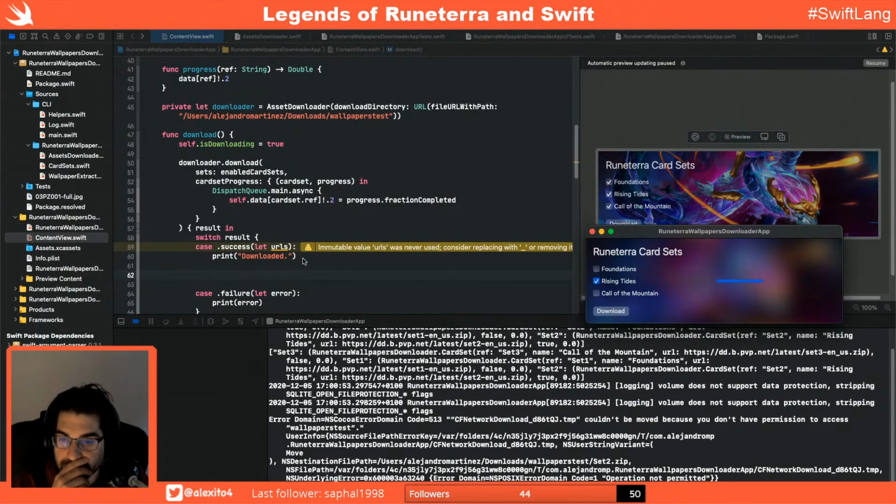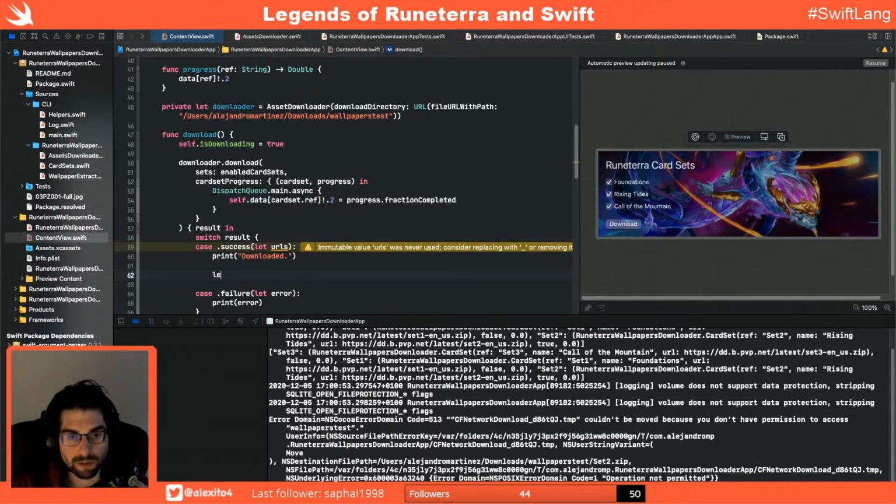Okay, that's another error. Yeah, you don't have permission to access. That's the other thing: you need to request permission on macOS now to do everything. And I don't even know how to do that. So maybe we need to take a look at that first. Because the other thing you need to do here is basically